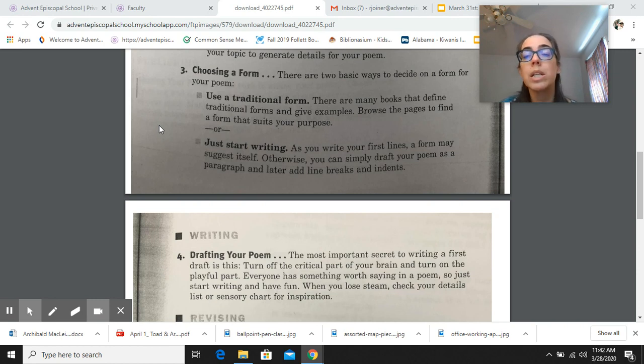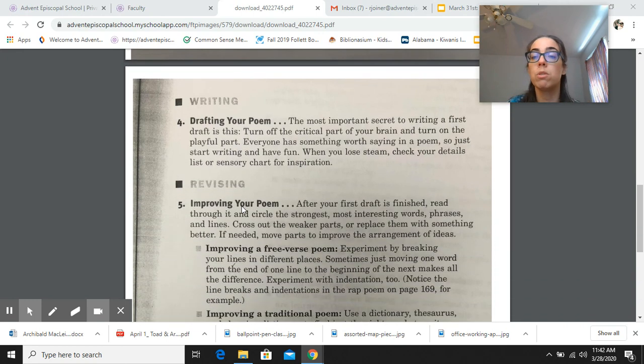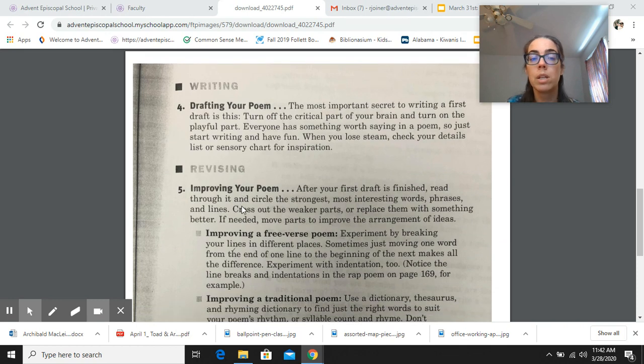Sometimes sitting down and writing something that you want to write is just sitting down and writing something that you want to write. And you can just draft it. And then after you draft it, we go back into cutting it up, putting some enjambment, putting some periods and commas, or capitalizing, or whatever we want to do, or changing a word because it doesn't exactly do what we want it to do. The main thing is get it out and then revise, okay? Because sometimes we just want the muse to come and visit us, okay? And that comes to the drafting part.